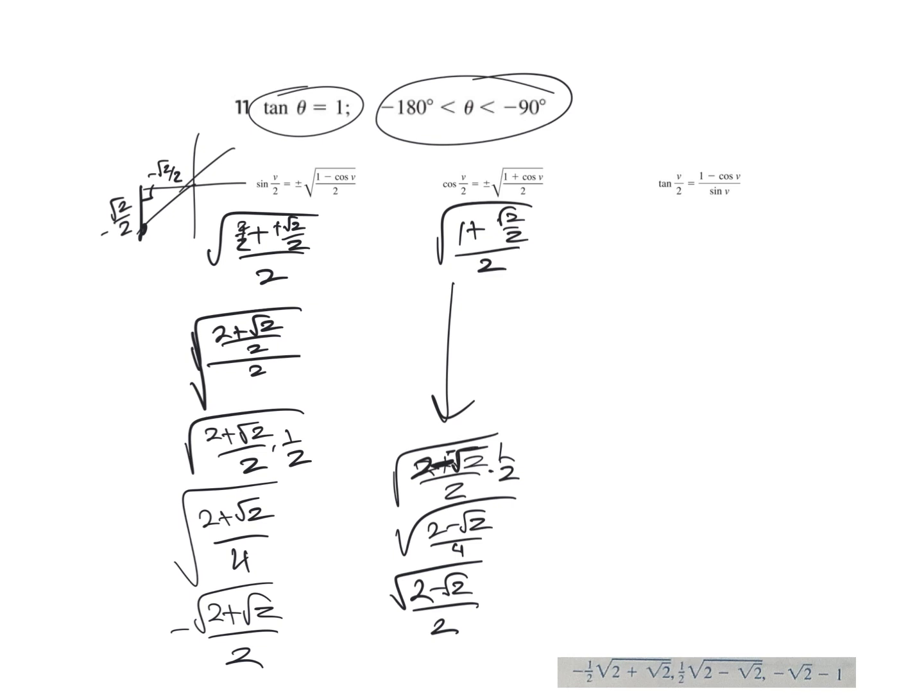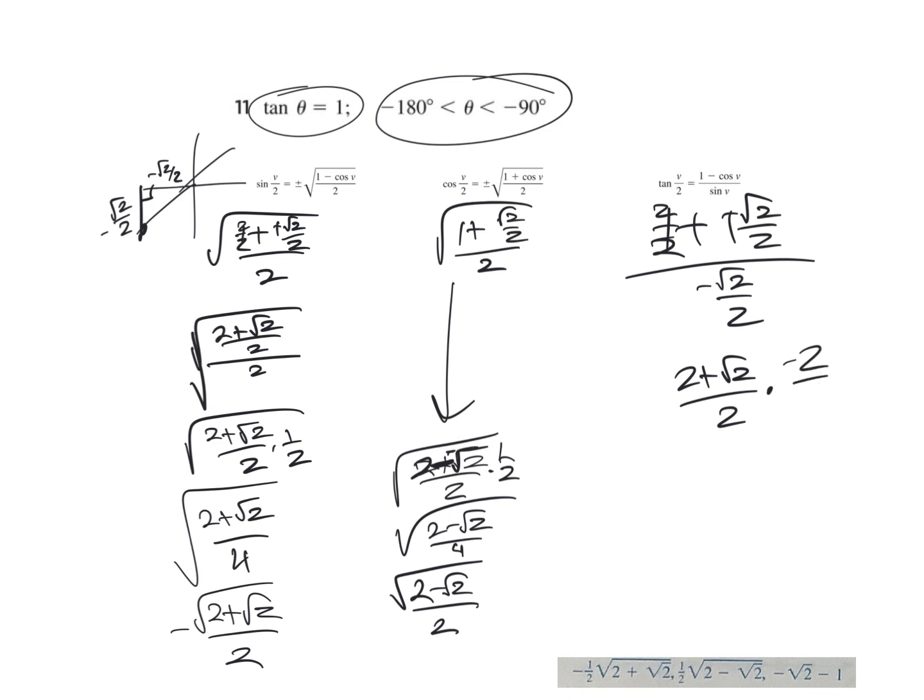And then we go to the tangent, 1 minus negative square root of 2 over 2. And the sine function is going to be negative square root of 2 over 2. Change. So overall, it's going to be negative. See what we have here. 2 over 2, common denominator. So 2 plus the square root of 2 over 2 times the reciprocal, negative 2 over the square root of 2. All right, so that cancels out, leaving a negative and negative, and we have 2 plus square root of 2